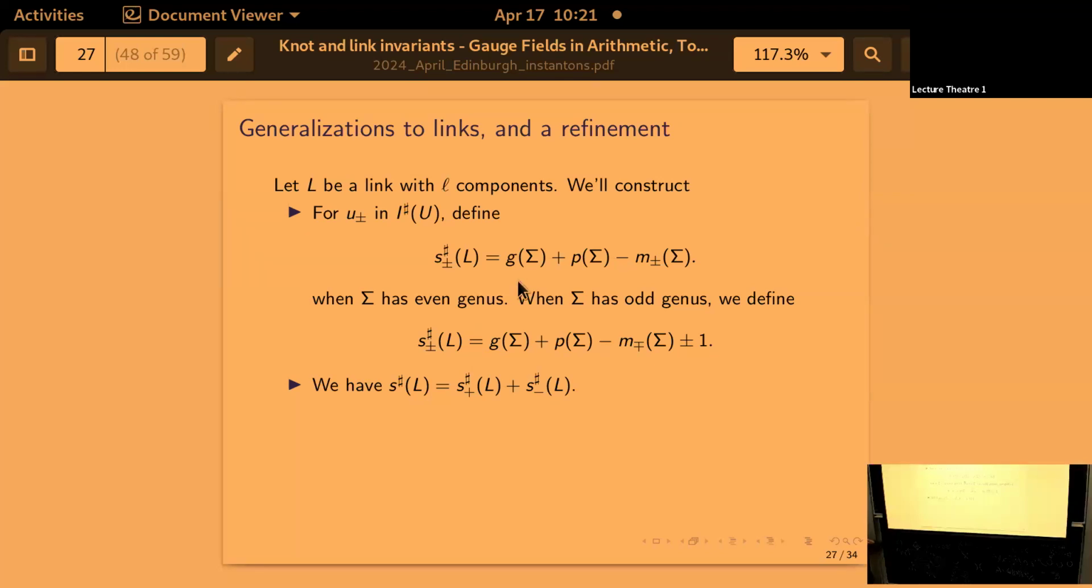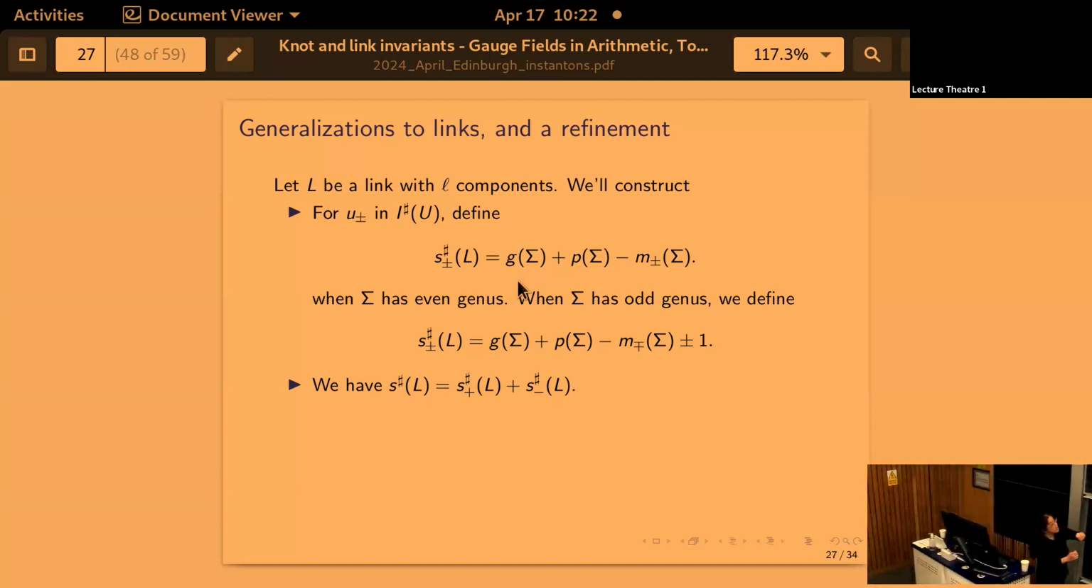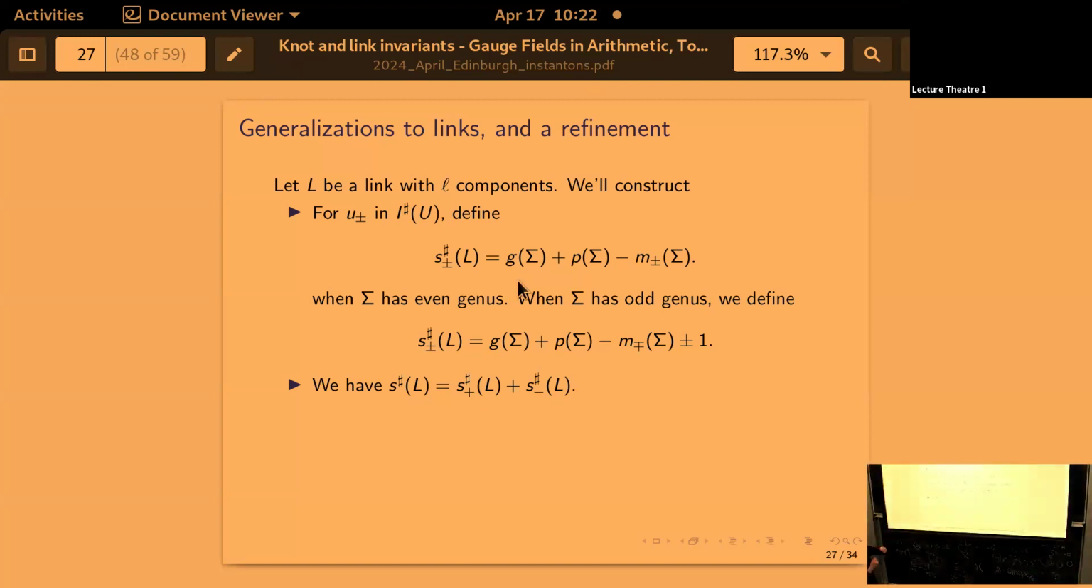different invariants, which I call S sharp plus and S sharp minus, where basically if you have a surface sigma from the unknot to your knot, where sigma is now allowed to have both genus and self-intersection, then you can define S sharp plus/minus of L as basically the genus plus the self-intersection minus the number of factors of lambda in U plus or U minus separately. And so it turns out that each of these is actually a link invariant. So you can separately count the number of factors of lambda picked up by,